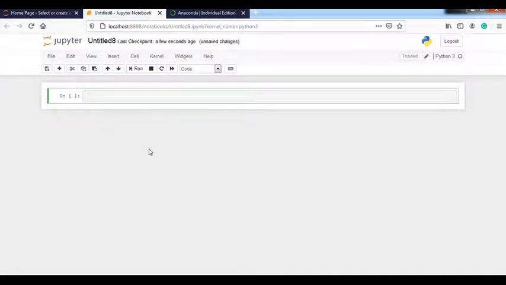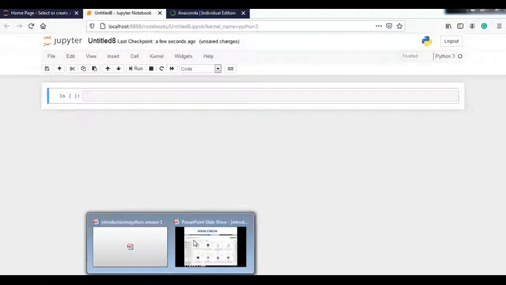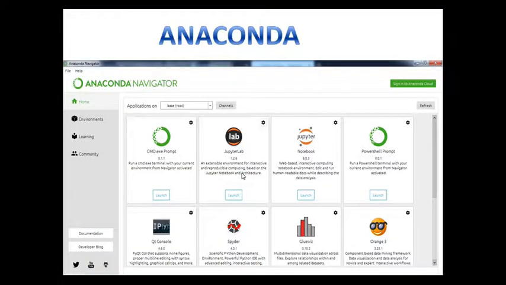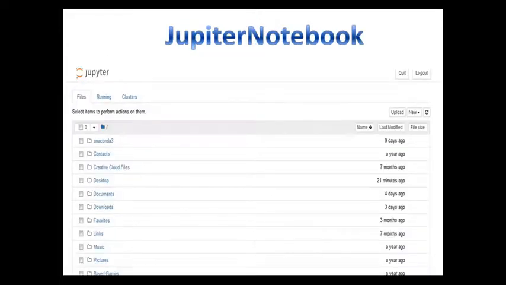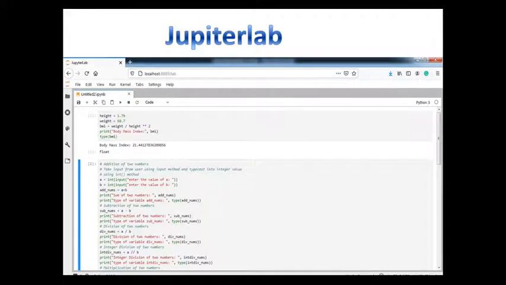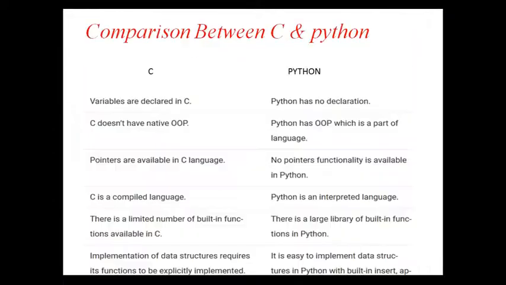So it is very easy to work. This environment is very comfortable for maintaining the code, so we will use this for our Python programming course. So now further, let's have a look. That is Jupyter Lab and Jupyter Notebook.